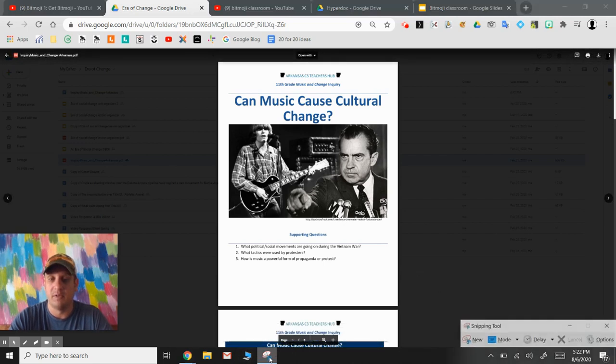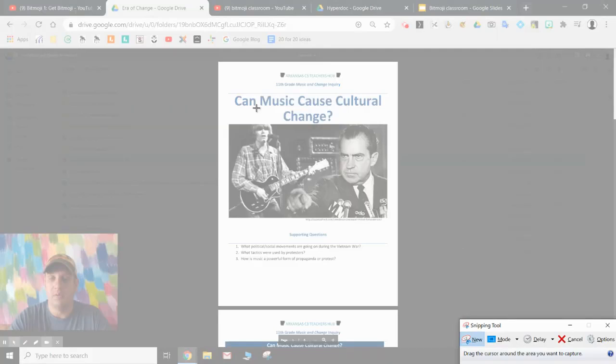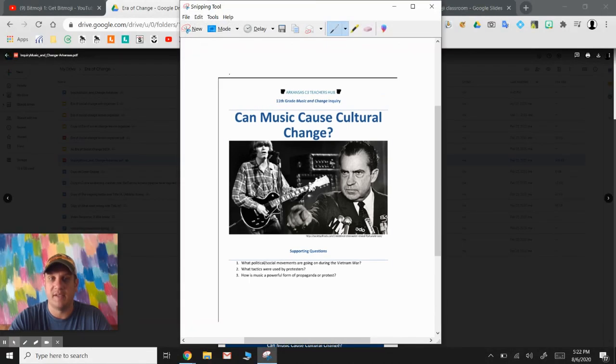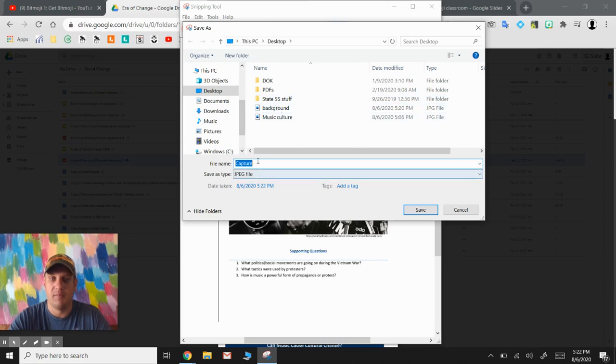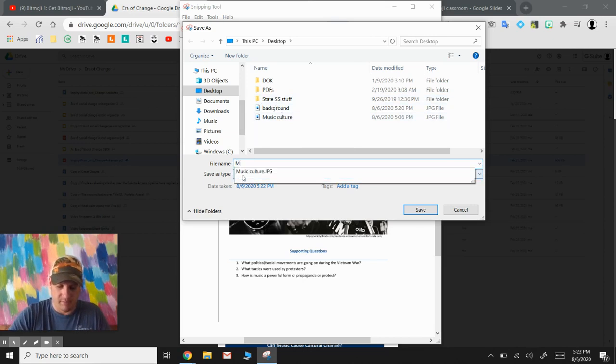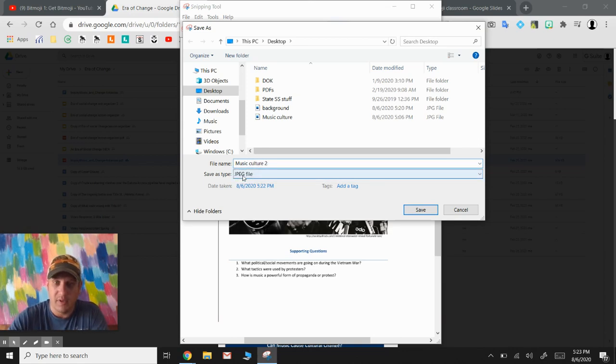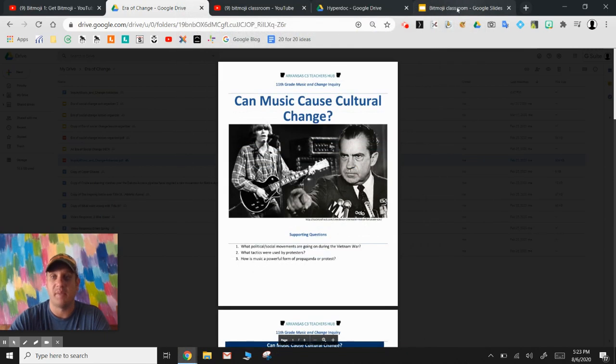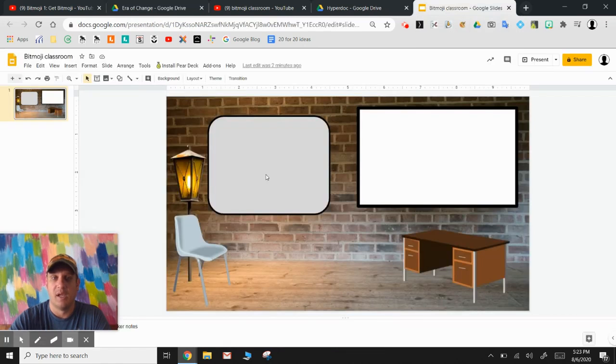I'm going to use my snipping tool. New. I'm going to grab this like it's a piece of paper, just the piece of paper that I want. There it is. File, save as. I'm going to call it Music Culture 2 because I saved one in there earlier of this. Save. Close this down, go back to my classroom that I was making, and I'm going to insert an image